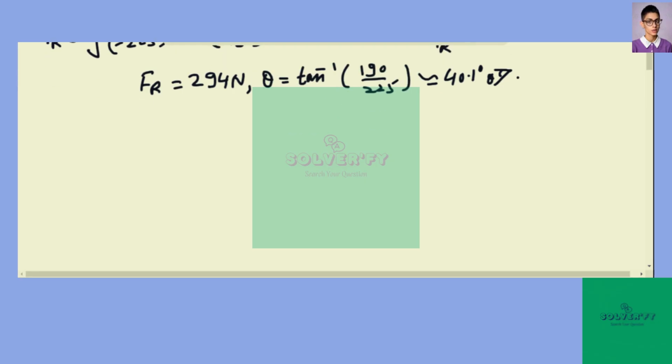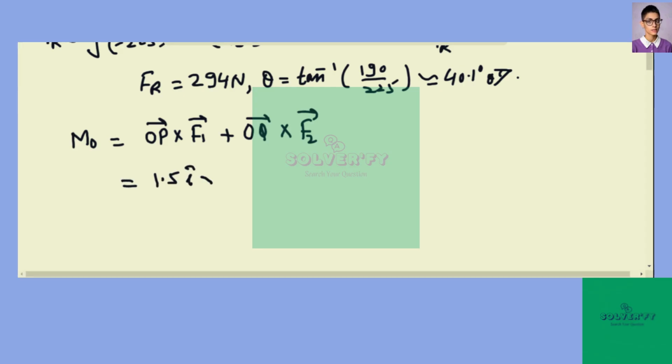Now we have to calculate the moment of force. So the moment of force on the beam about the point O due to F1 and F2. F1 is acting on P, so it will be OP vector cross F1 vector, and F2 force is on Q, so OQ vector cross F2. You can see in the figure OP is 1.5 I cap and F1 is minus 225 I cap minus 390